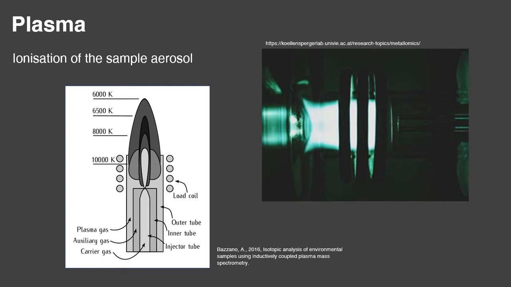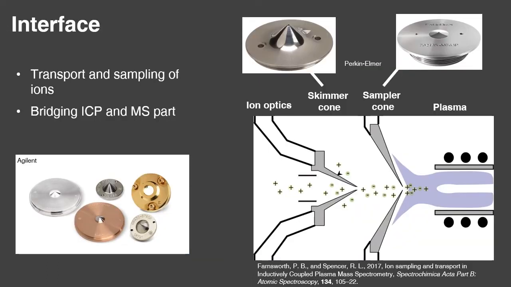The interface bridges the ICP and MS units, where pressures are at atmospheric level and at high vacuum conditions respectively. Its purpose is to sample and transport the ions from the plasma to the mass spectrometer. This is achieved by two metallic cones with small orifices, the sampler and skimmer cone shown in the sketch and